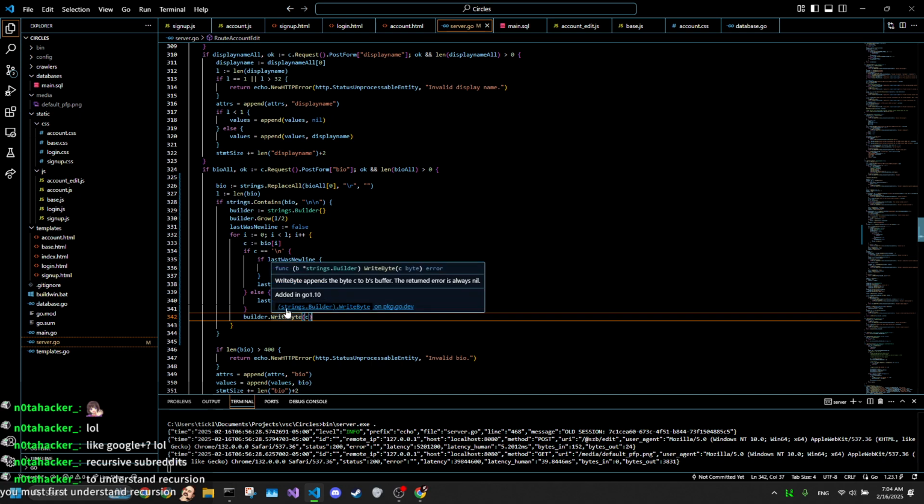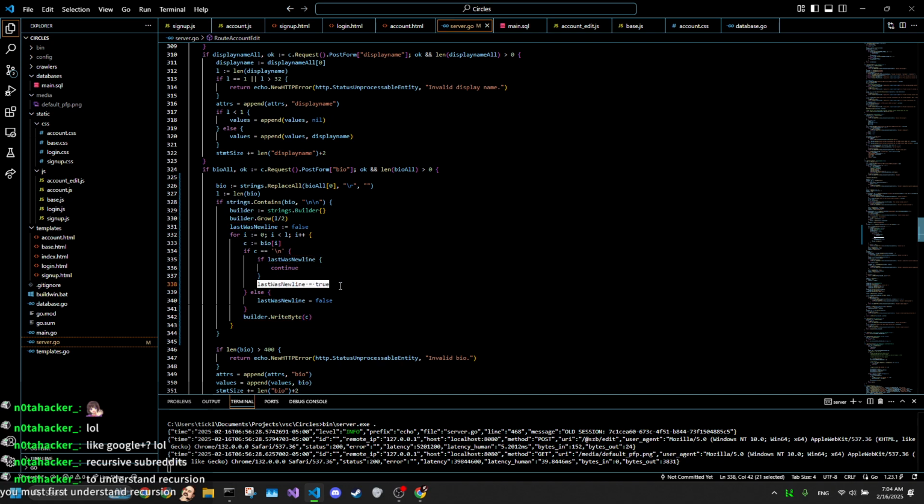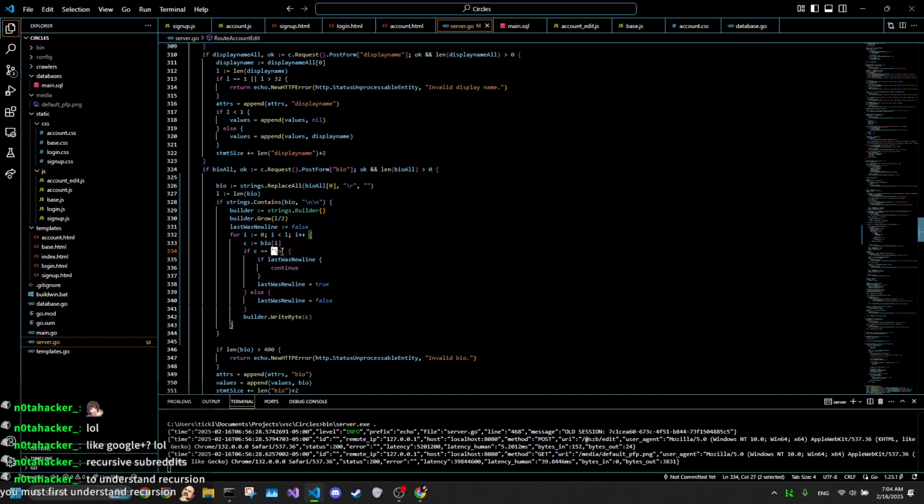And if it is a new line character, if it's the first new line character and it's not coming after another one, it'll set this to true, and then it'll still write it. If this is now true, if we're on to our second new line character in a row, indicated by this being true,